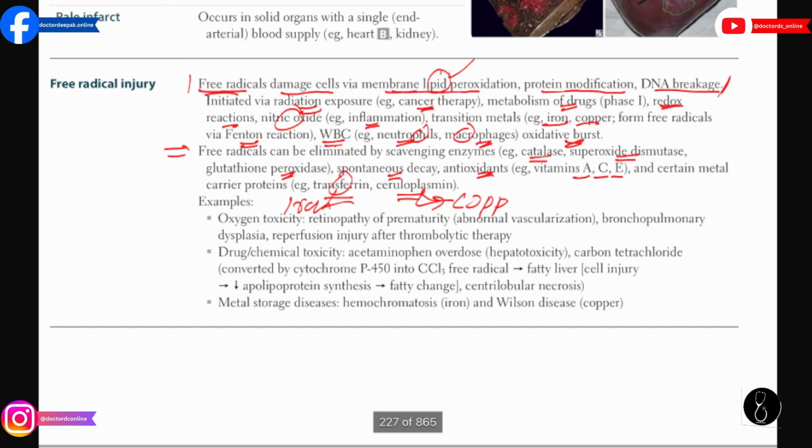Then after that, they give the examples in which free radicals are produced. Like if the oxygen is accumulated in your body, if in your body there is toxicity of oxygen, it will lead to the retinopathy of prematurity. What is the meaning of retinopathy of prematurity? You know that when the baby is born premature, that